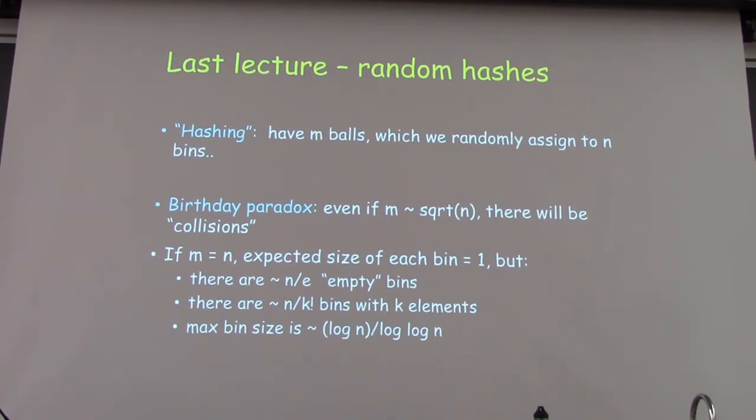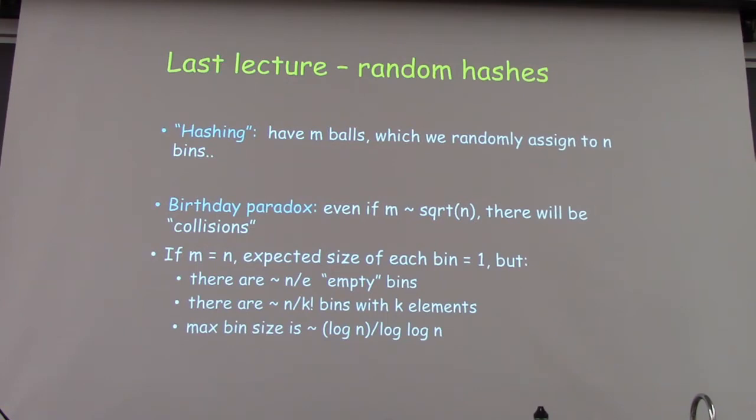Okay, let's see. Last time we spoke about hashing, and the simplest way to view it is as throwing m balls into a collection of n bins. You have n different bins and m balls, and you throw each one independently at random into one of these bins. This was the process we were looking at last time, and we tried to analyze various quantities here. The first question we asked was, will there be collisions?